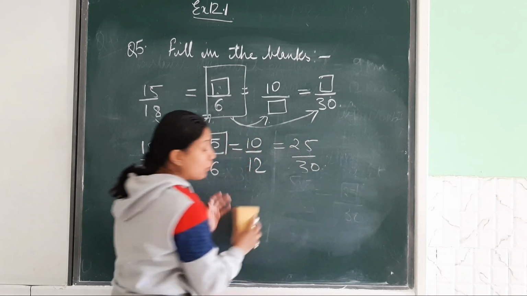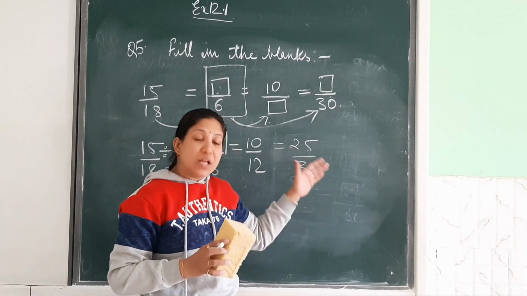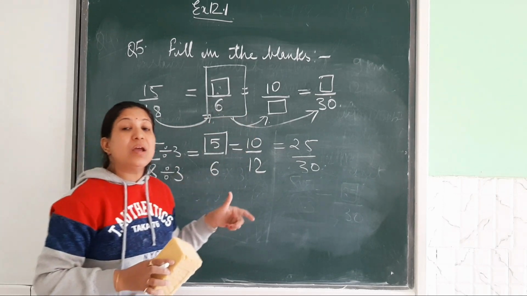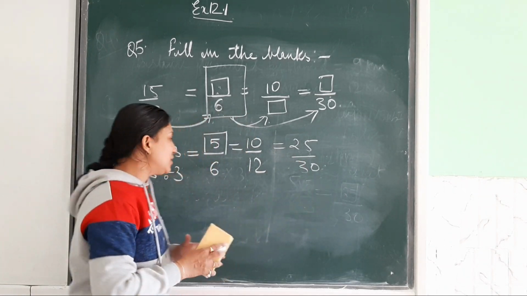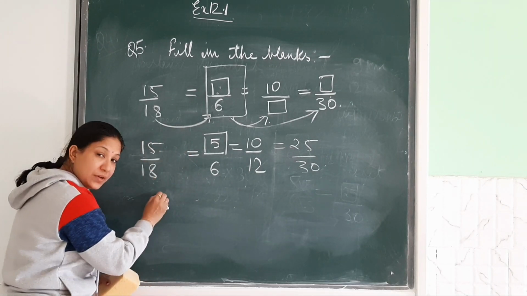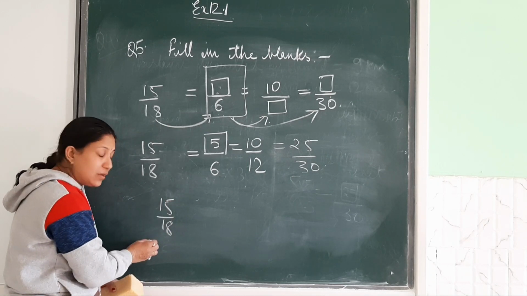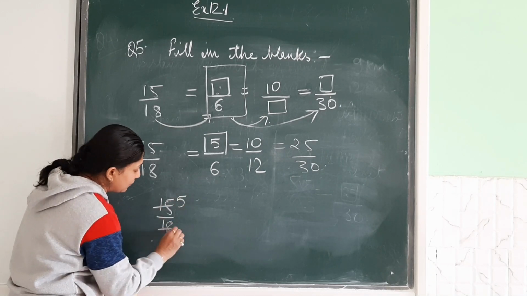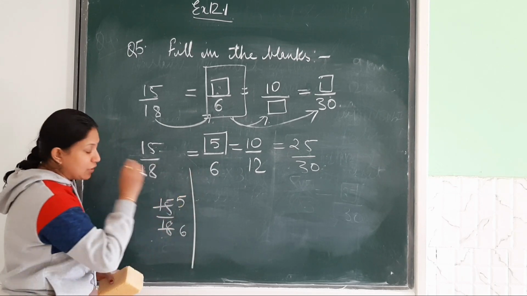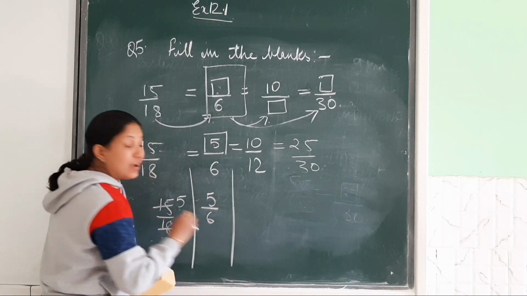Now this is one part. After this they have asked you whether these numbers you have got, these missing numbers, the set to compare, are they in equivalent form? Let us check. See. You first take this number 15 by 18. Let's simplify. 3 5s are 15, 3 6s are 18. So for 15 by 18, what did we get? We got 5 by 6. The other number is already in reduced form, 5 by 6.